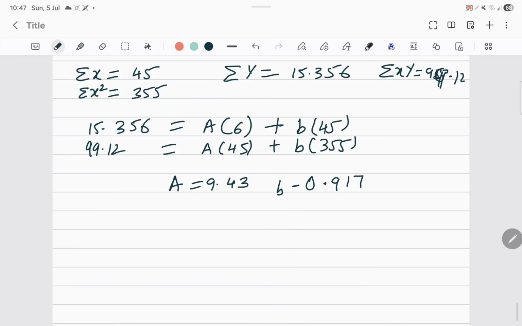Okay, so now let us check my A value at least. So what will I be doing now? Log of A is equal to capital A, we have substituted. So A is equal to e to the power A, right? So let me check whether my A value is coming correct or not. I will go to home and calculate. So shift e to the power, I have A as 9.43. That is coming pretty big.